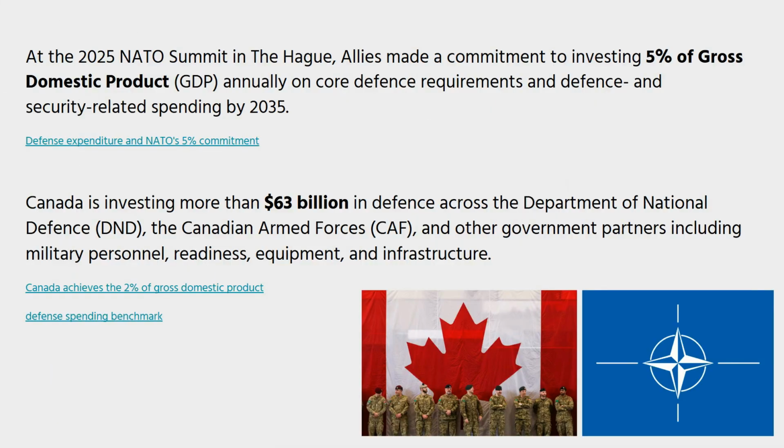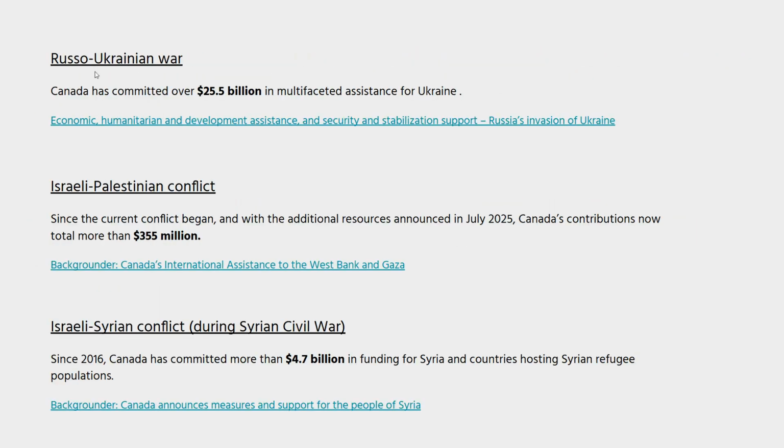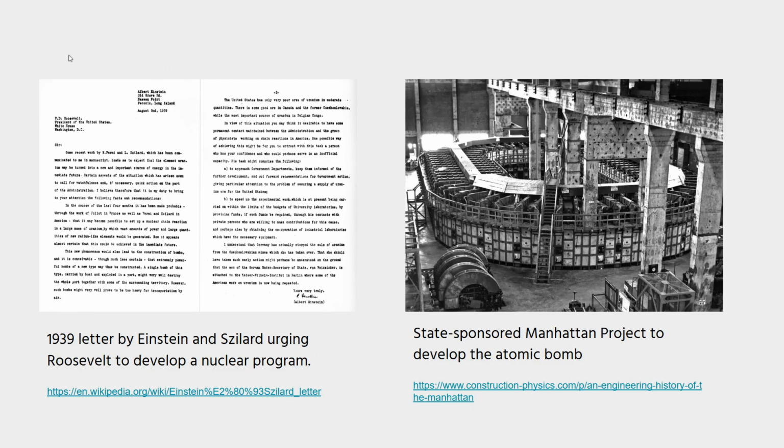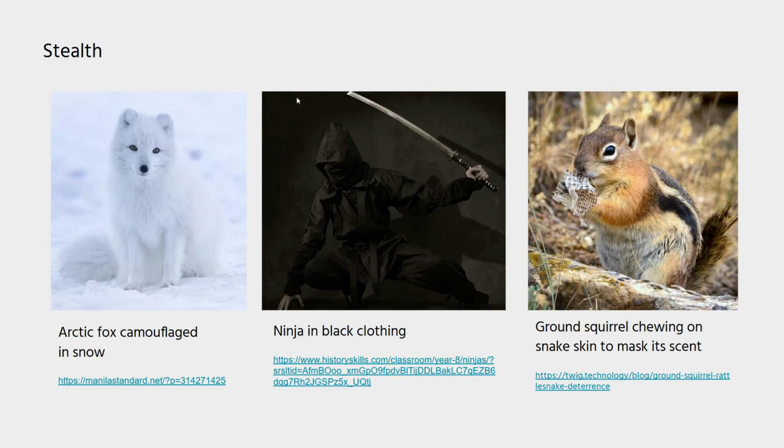As it relates to Canada, more recent news, we've committed in excess of $60 billion to our own military defense. Another 30 billion some dollars to aid other countries at war. So military defense is very much an ongoing consideration in our country. And military superiority has always been about technological superiority. As foreign powers increase their military spending, as a nation, it's an unfortunate truth that we must also pursue such technology to protect ourselves. So we come to a critical aspect of military defense, which is stealth,